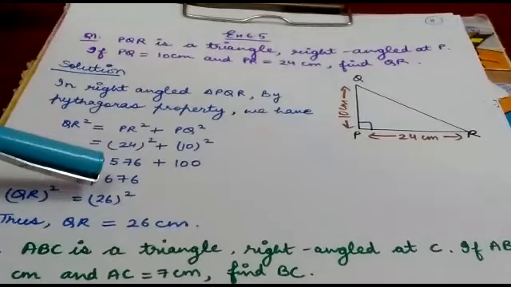It must be equal to this if it is a right angle triangle, but 25 is not equal to 8. So the given lengths cannot be the sides of a right angle triangle. This can be the sides of a simple triangle, but this cannot be the sides of a right angled triangle.